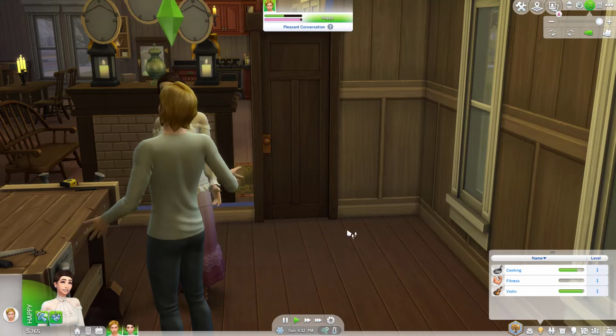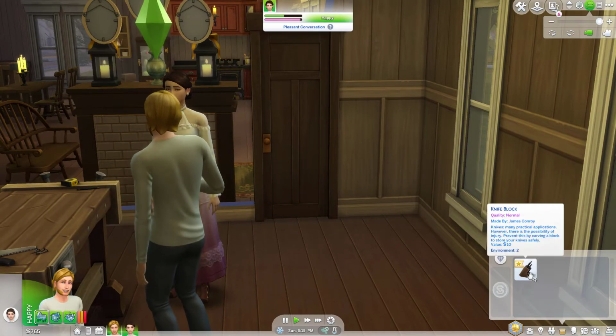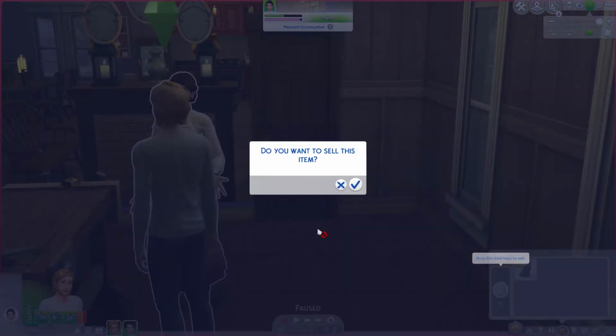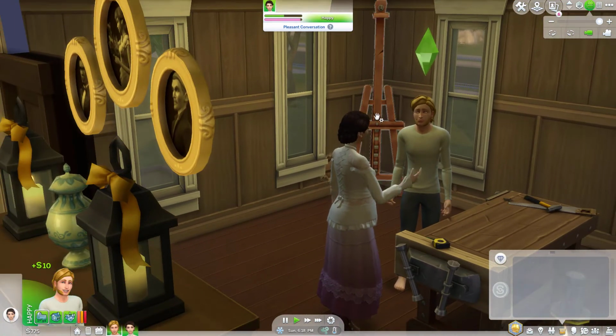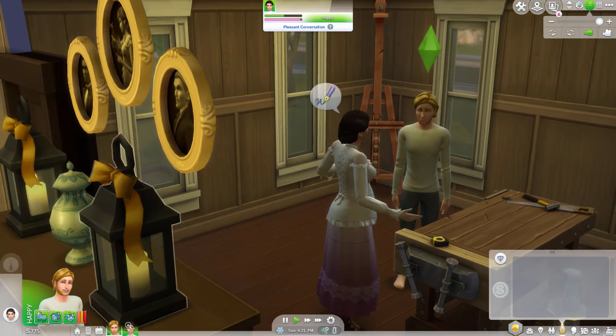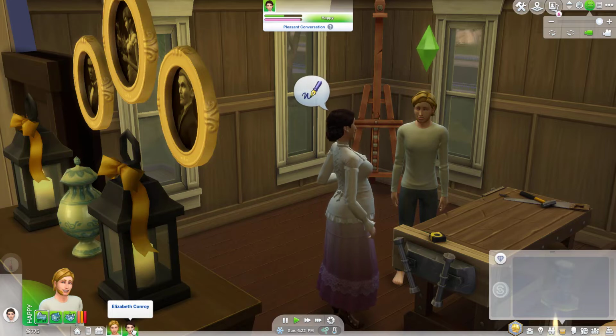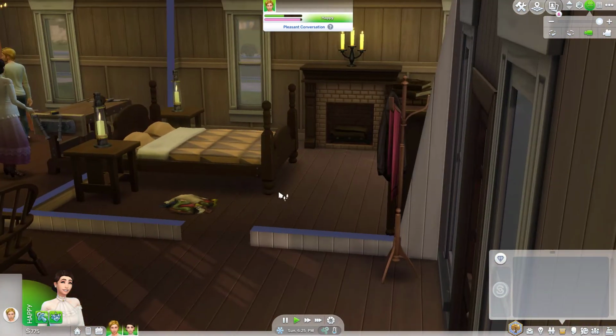Alright, so he was able to make a knife block. He's now on Handiness level 2. So he's going to go ahead and sell this for $10. And then I think I'm just going to have him work on painting. So he's going to try and do a large classic painting. So he's going to be a painter and a woodworker, and she's going to be a gardener slash stay-at-home mom